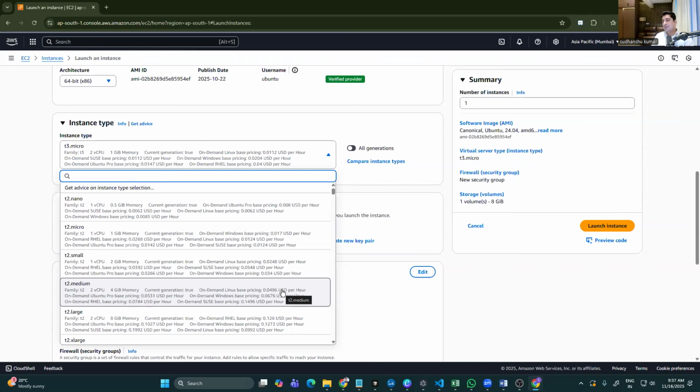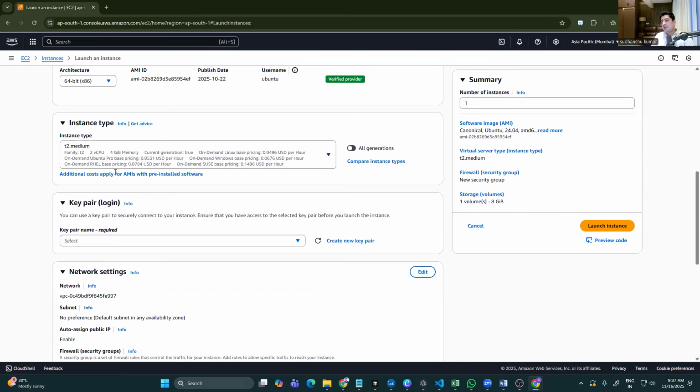So you can try to select that particular part. Here, just go ahead and select T2 medium, and once you select T2 medium, maybe you can come to the next section. So keep your login. We have already seen that to log in to a GPU, we have created a